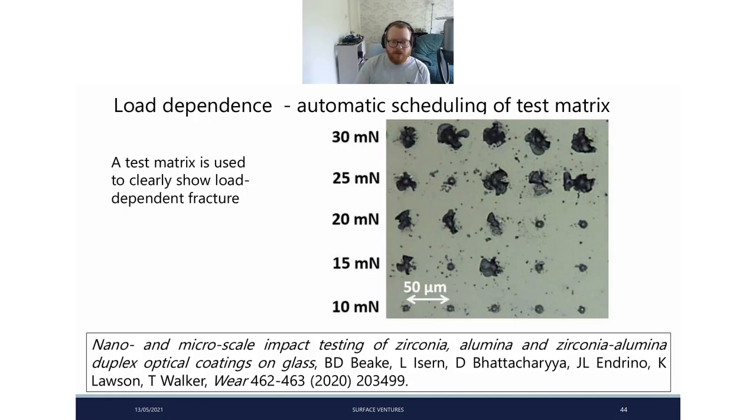Excuse me. So, going on to talk about some of the automatic scheduling of the test matrix. Like we were saying, you'd normally pick a reasonable amount of spacing so that you're not impacting over any sites you've already deformed or fractured, and ensuring that you get a lot of repeats. So you normally do several of each different load, as we have here: 10, 15, 20, 25, 30